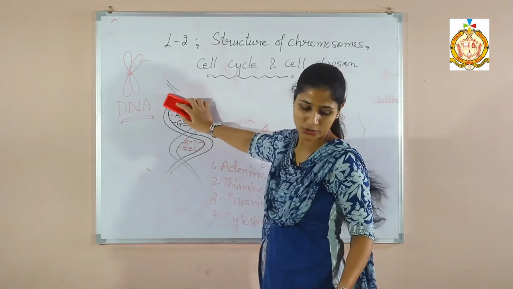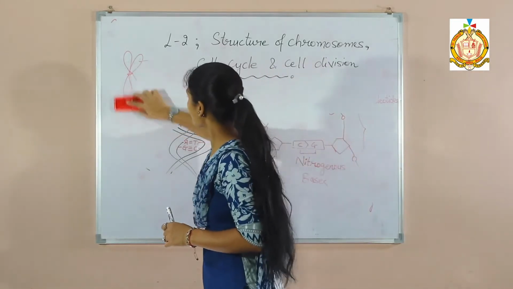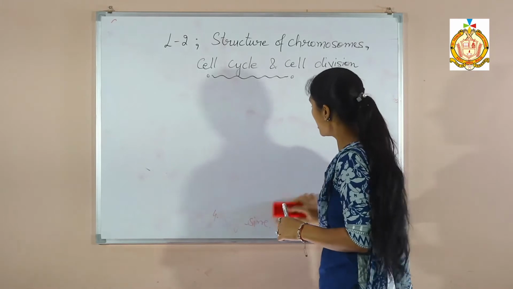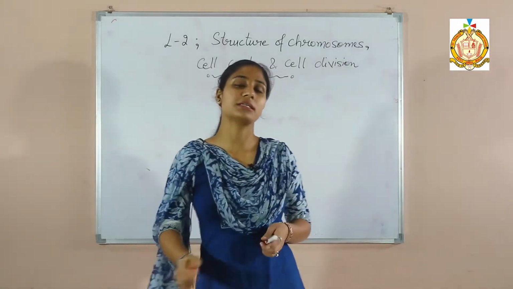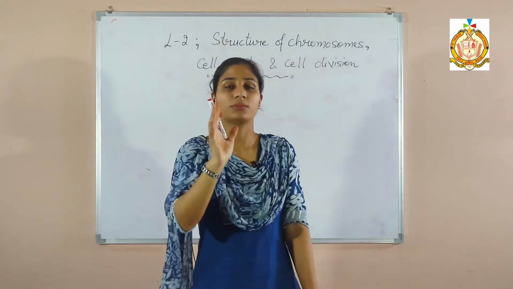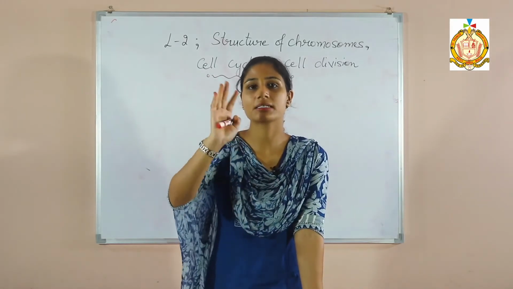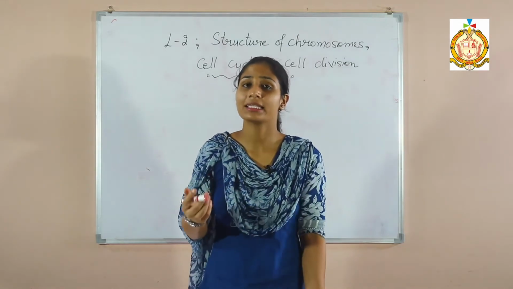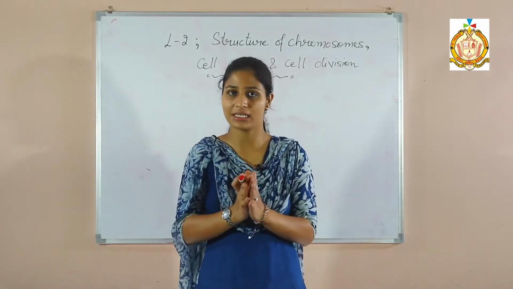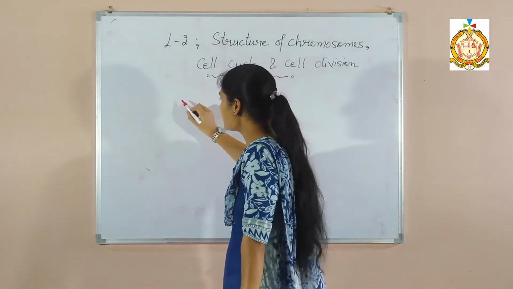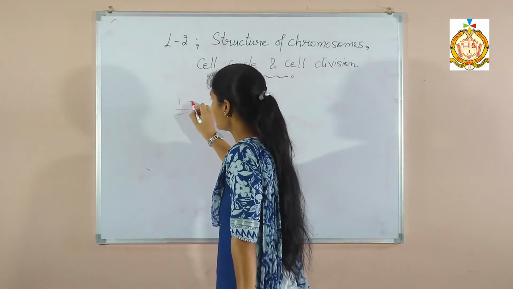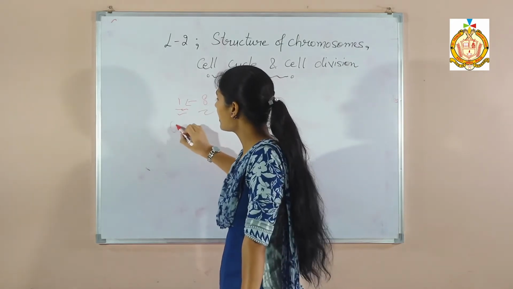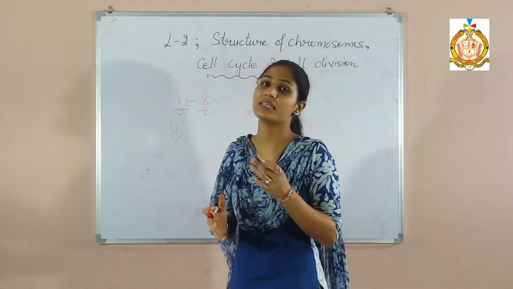Next thing is that we are going to discuss the structure of chromosomes. And before starting the structure of chromosome, I will tell you one thing more. How are these DNAs present? In a single DNA, the two strands are present, and this DNA is coiled up with the histones. Histone is a kind of protein that is present in the nucleus, and that is responsible for the packing of this DNA. And for one DNA, there are 8 histone proteins around it that are responsible to coil up this DNA and pack this DNA in the nucleus.